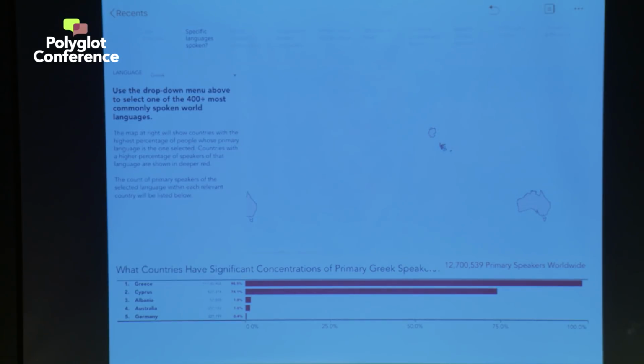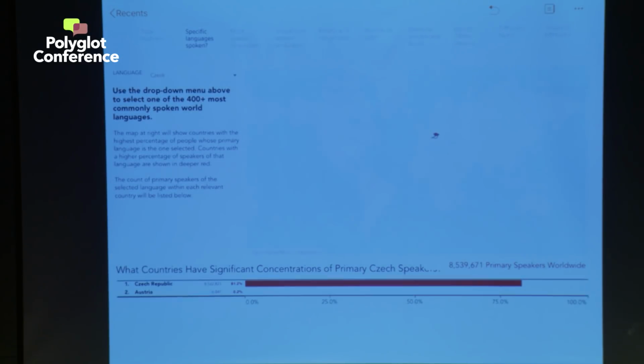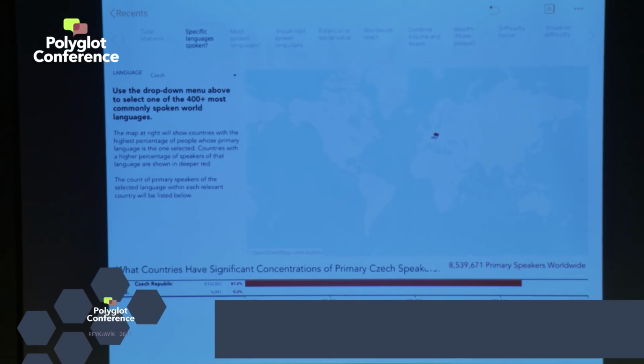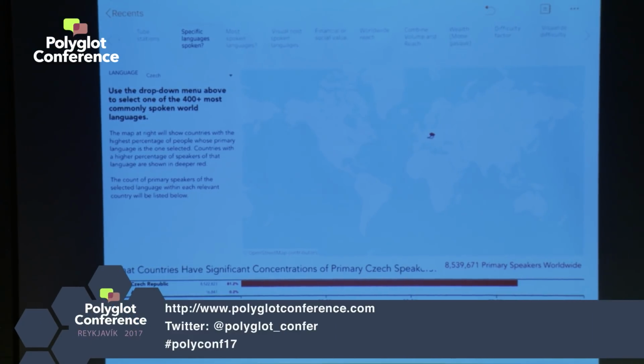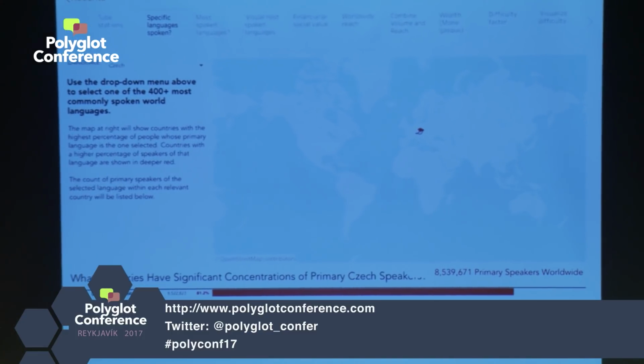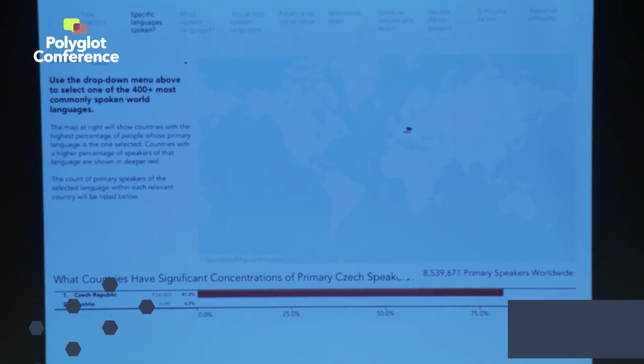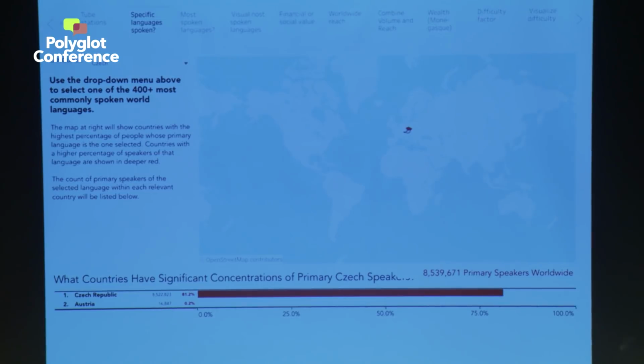So Czech, for instance. I haven't seen this. Austria, it's right next door, but you have 16,000 people there. So this is something I've used in my travels, not so much until this year, using the actual data science, but maybe you would notice a lot more the places you go, you tend to find languages you don't expect.